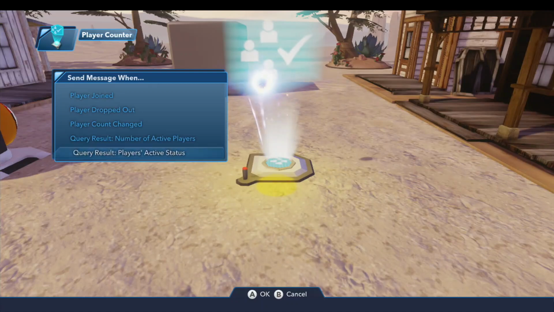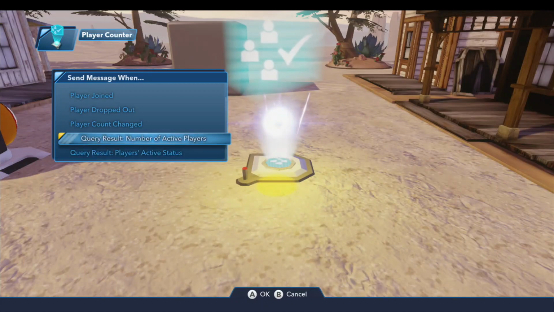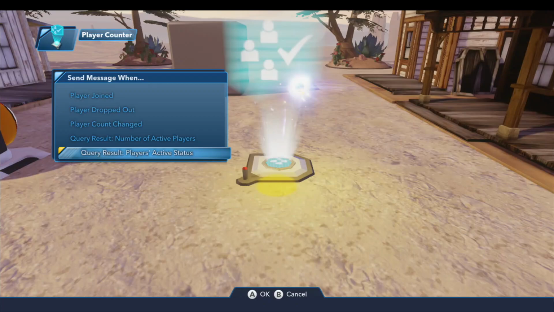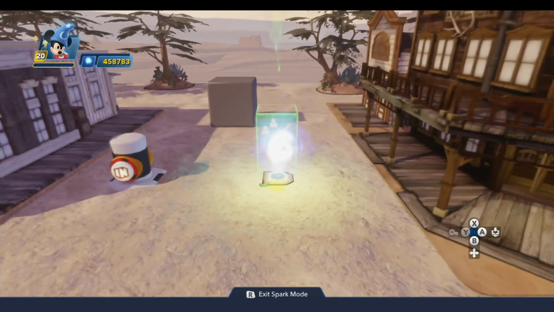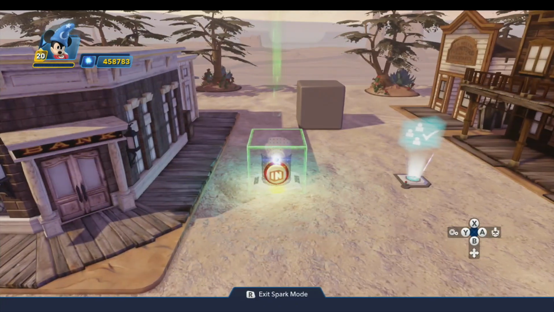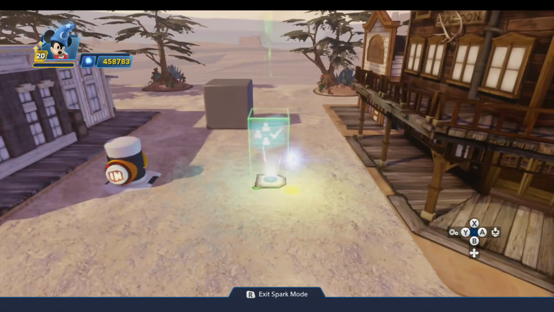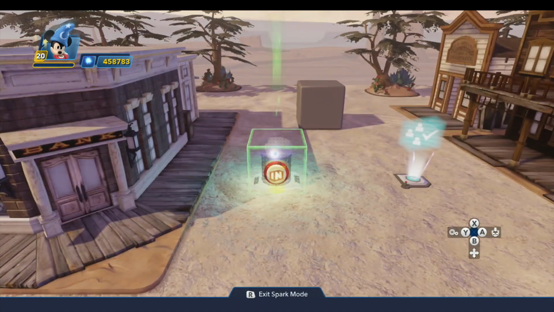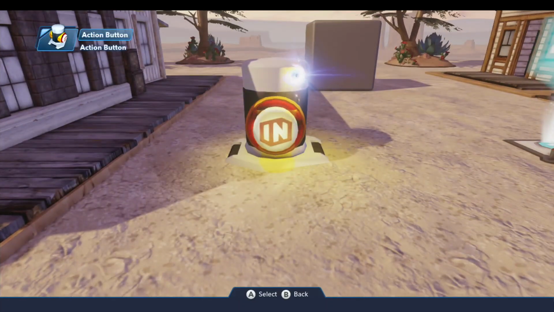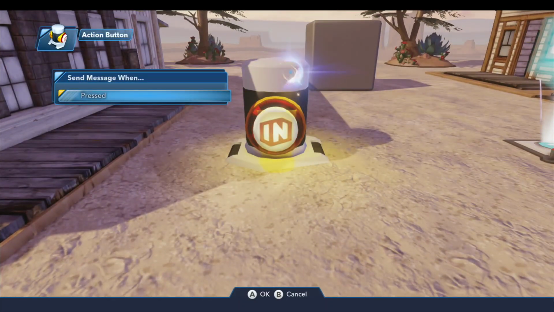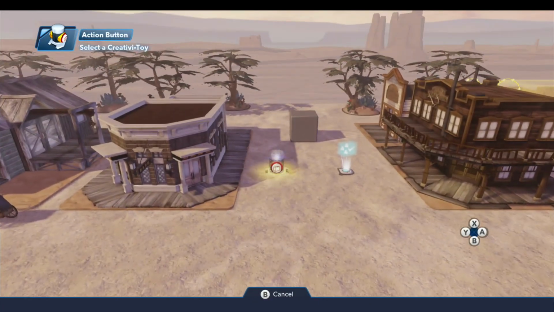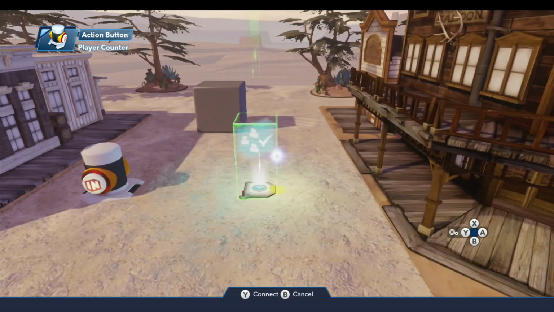Now, these 2 signals happen as a result of a query, and that's due to a behavior. So let me exit out of this for a moment, and we'll come over to the button. So if you want to know at any given moment, you're not keeping track as somebody logs in and leaves, but when you go to start a game, for example, like a challenge, which we'll do in a moment, and you want to know how many players you have, you can come, for example, to the button and do a new logic connection when this is pressed. We're just using the button as an example. But you can come over to the player counter,